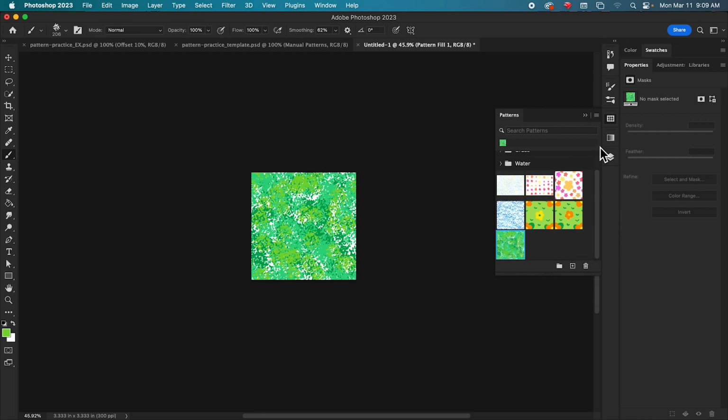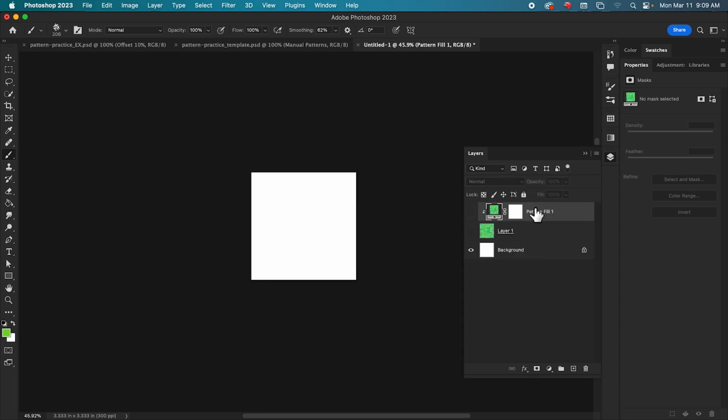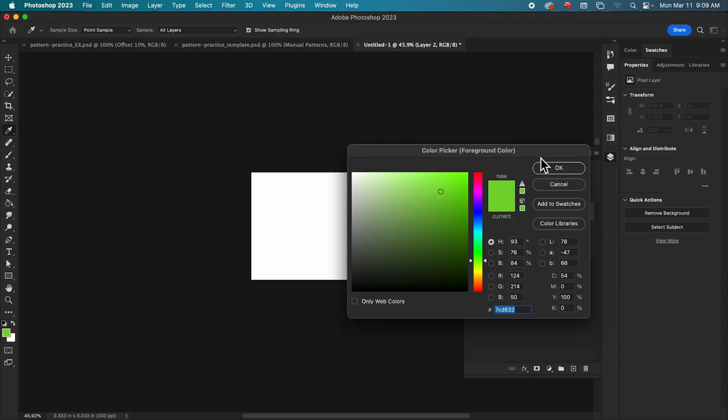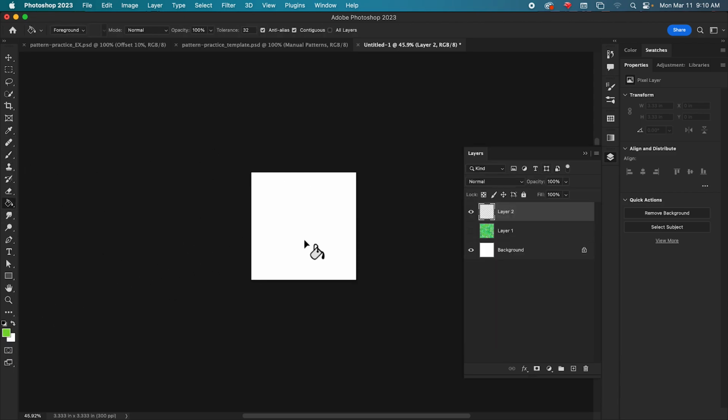All right, so we're going to make a new layer. We're going to hide this one. And we're going to make a different kind of pattern. For this one, we're going to need to have a design that is mostly in the center. The key here is that we don't want anything to touch the edges unless all 4 edges are identical. Otherwise, this isn't going to work. So in my example, I did a field of flowers. So let's just do that again because it's pretty straightforward. So I'm going to use my fill bucket tool. It's underneath the gradient tool.